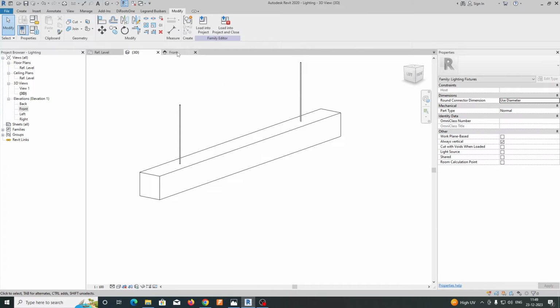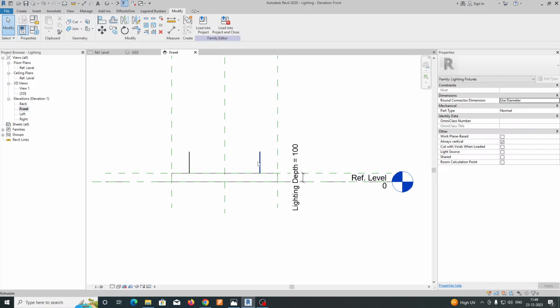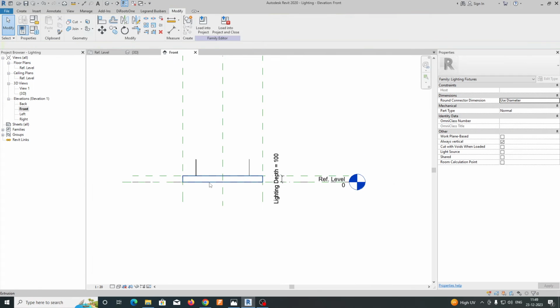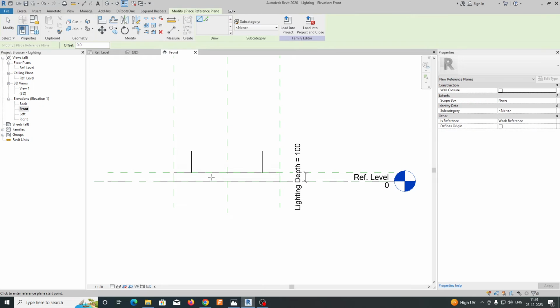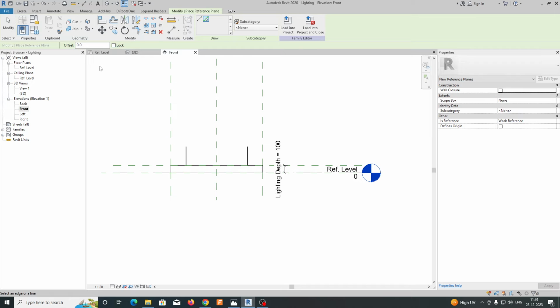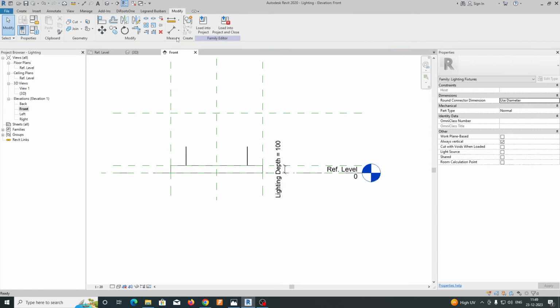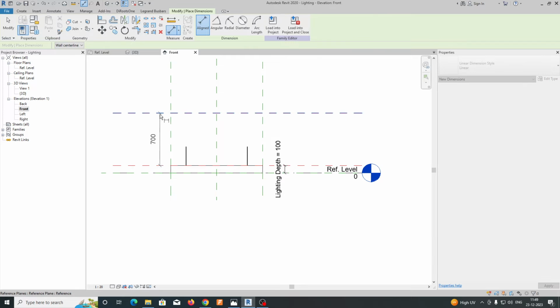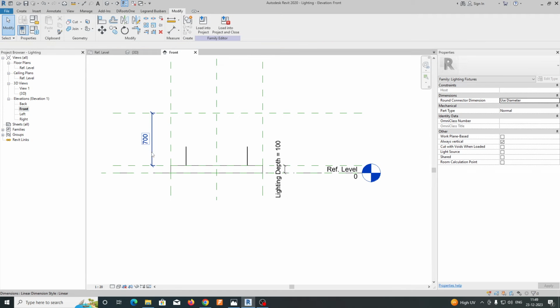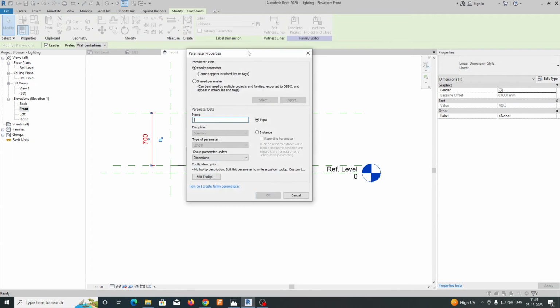And you can go to the front view again. Then we need to give some parameter for this threaded rod. So what we need to do, just RP it. Just select this one, and we just need to pick the line from here, and I am just giving 700 depth for this threaded rod height. Just give that one, and just give a dimension for that, and I'm selecting this one and creating the new parameter, length of rod,